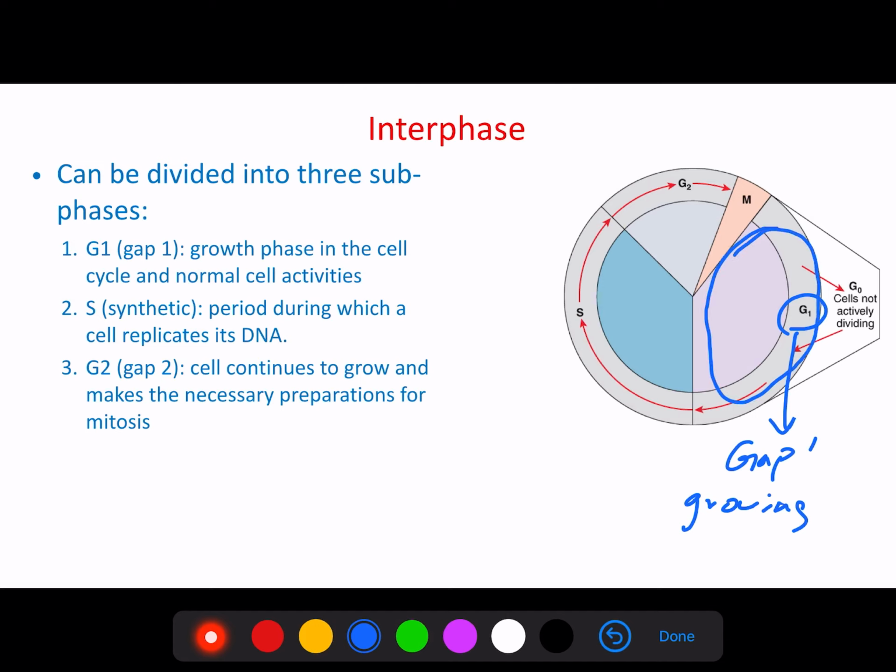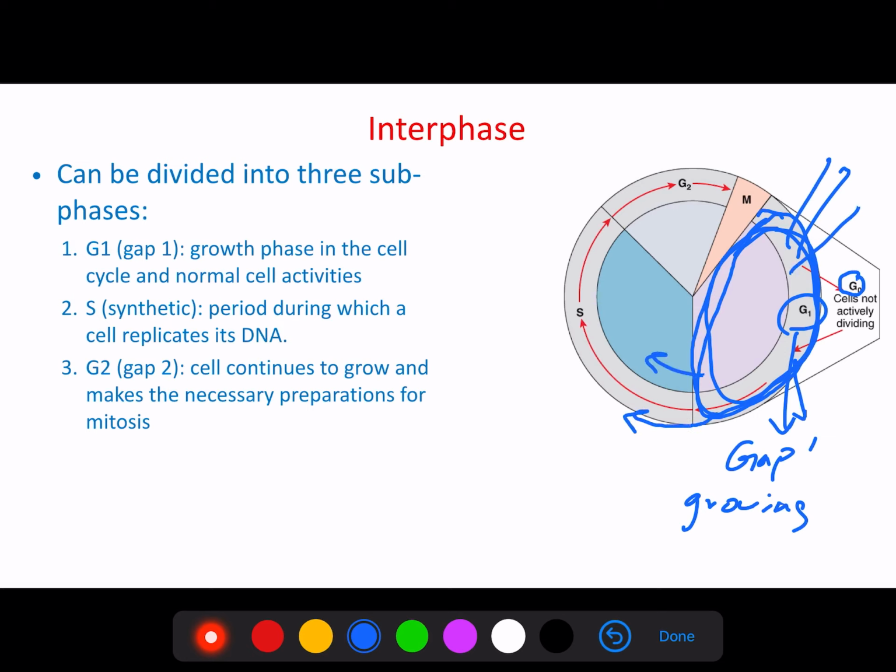Most of our cells are in G1 phase, some of them in G0. But anyway, either G1 or G0, it doesn't matter. Most of the cells are in this phase. This is when the cell is performing its normal functions. If it's muscle, it will contract. If it's neurons, it will send signals. If it's cardiac muscle, it will contract, and so on. Sometimes the cell will decide that it needs to divide, and when it needs to divide, it will move to